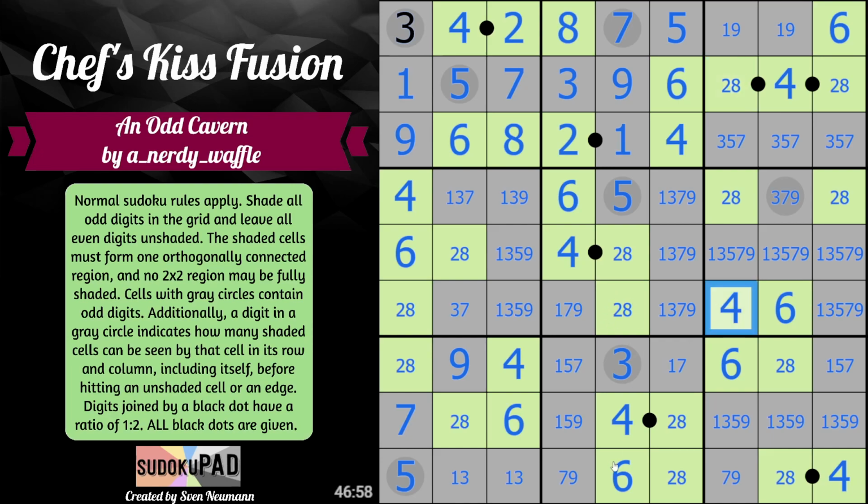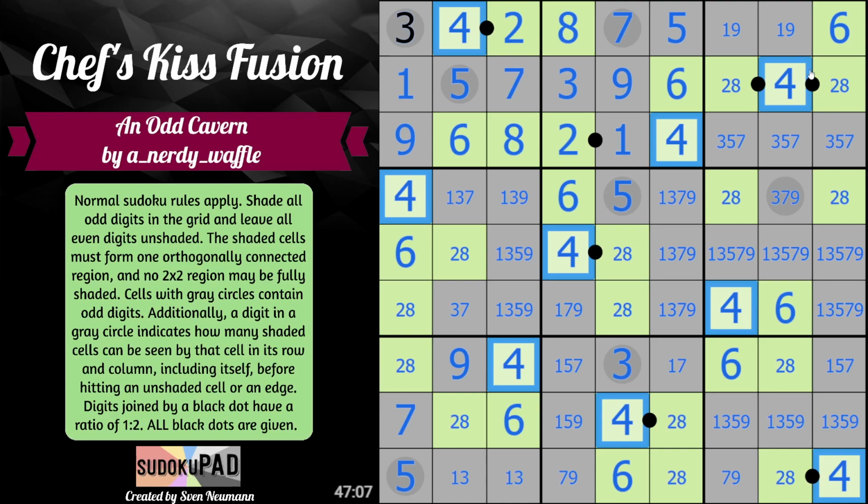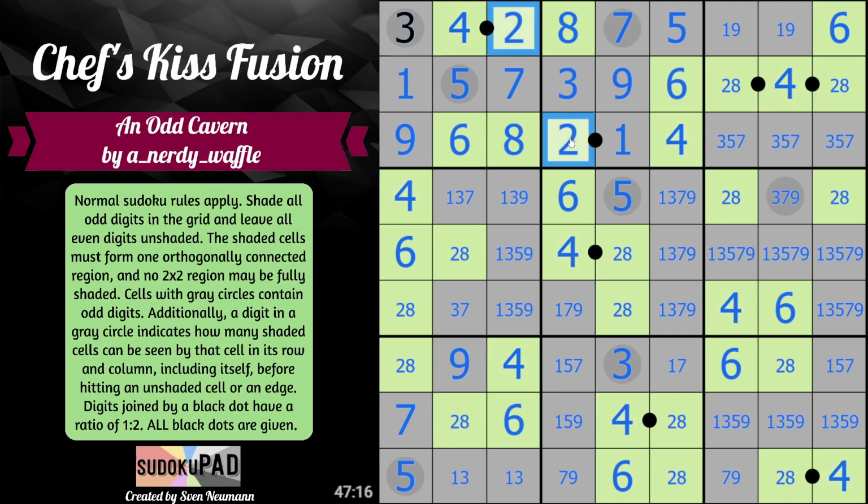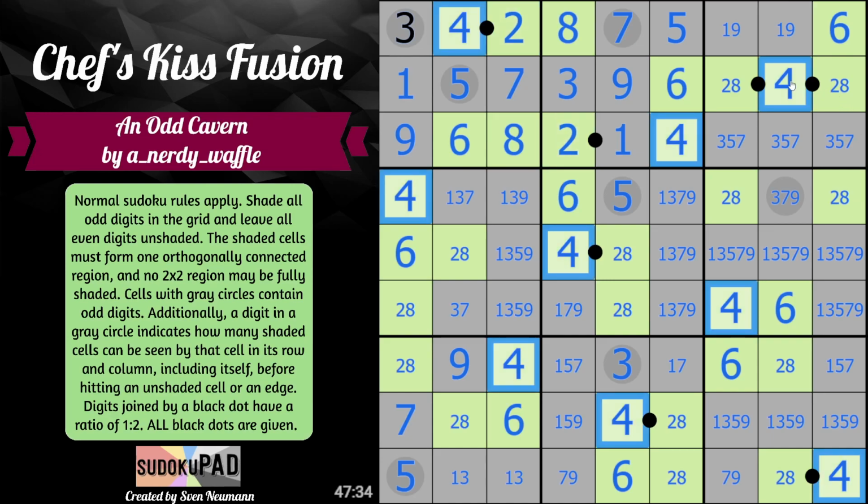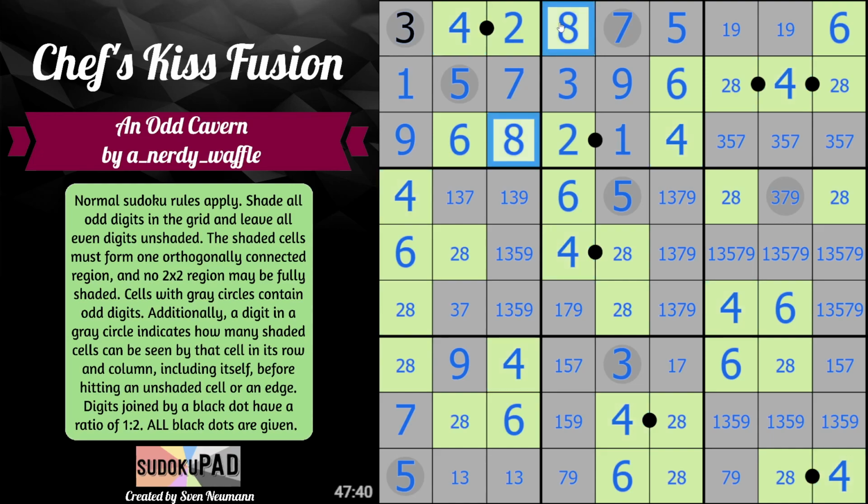I guess let's check on our 4s, make sure our 4s are nice and protected. 4, 4, 4, 4, 4, 4, 4. Always next to a 2, 8 on a black dot or a 6. I think that's true. Let's look at our 2s. Oh, we actually don't have a lot of 2s. Maybe that's a bit of a problem. Because I've already protected my 4s, I think that means the 8s and 2s are already protected from even digits, but